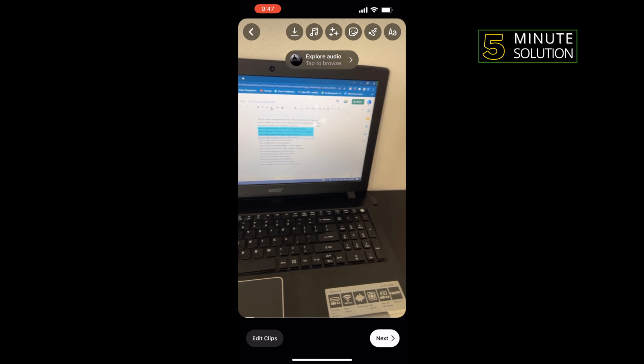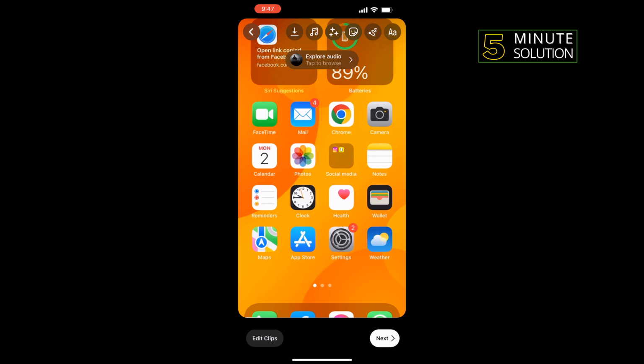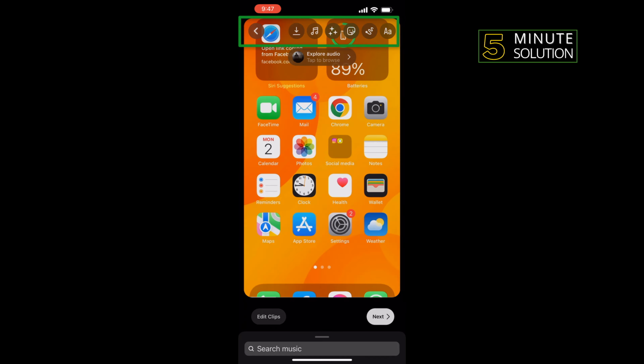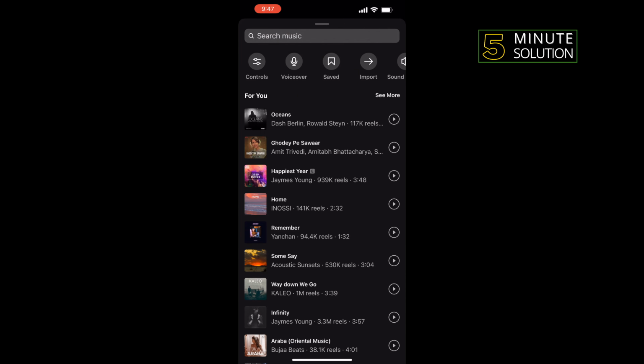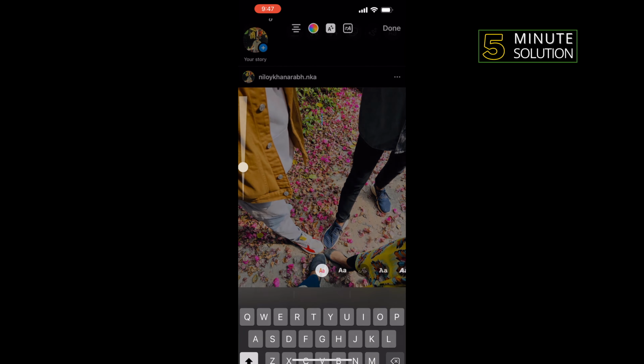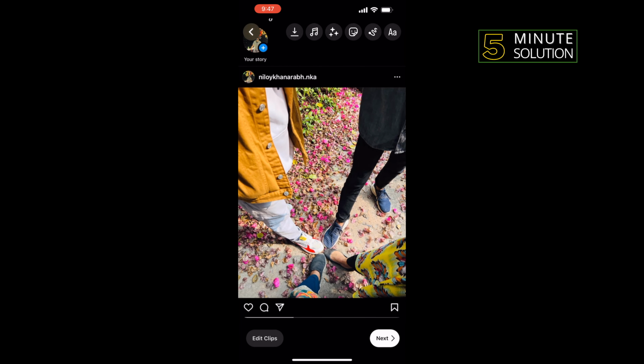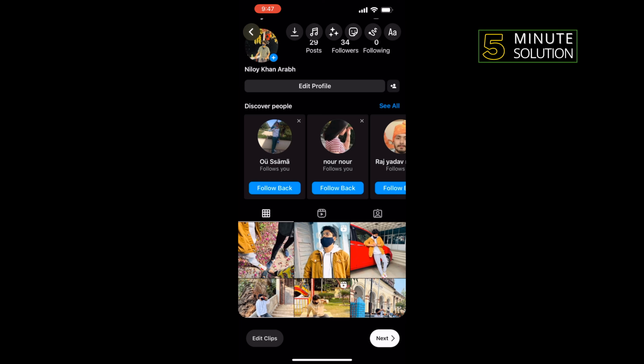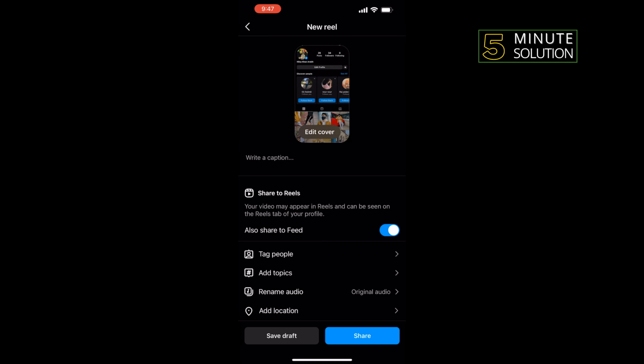and now you can easily edit your reel from these top menu options. You can add music, you can add sticker, you can add text from here, and then all you need to do is just tap on next and tap on share, and that's how you'll be able to make reels on iPhone